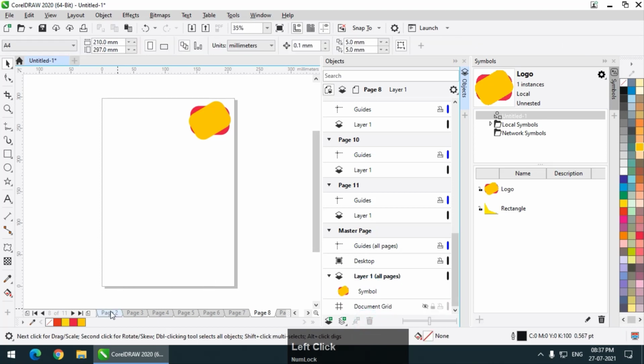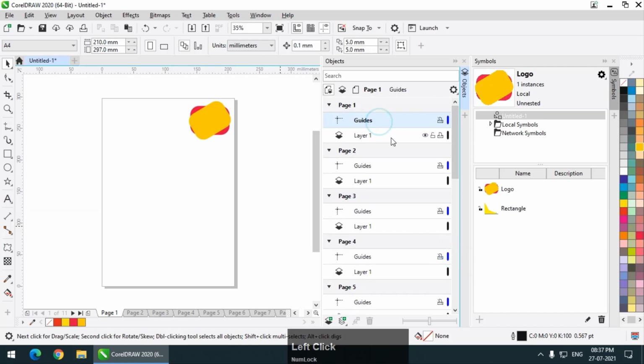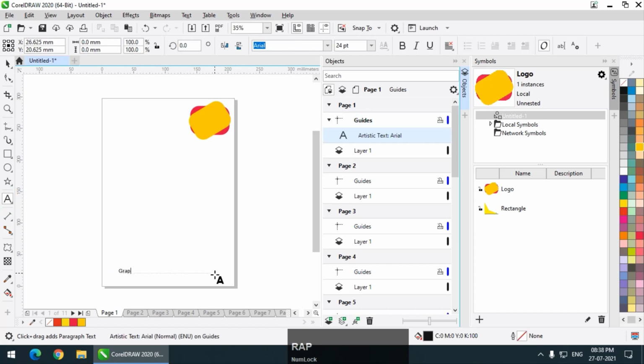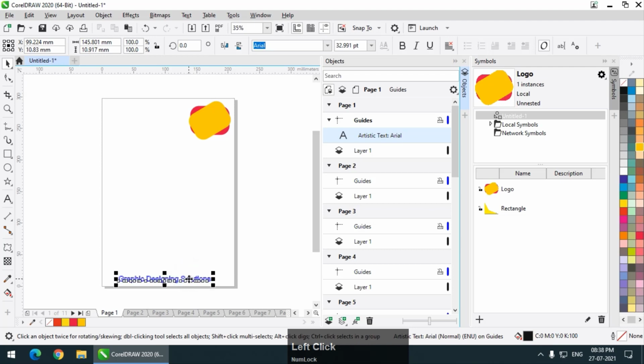Before doing that, I will delete this and write this, let's say on page number 1, same thing, graphic designing solutions. Now I'm going to convert this first into a symbol, because it will be useful.